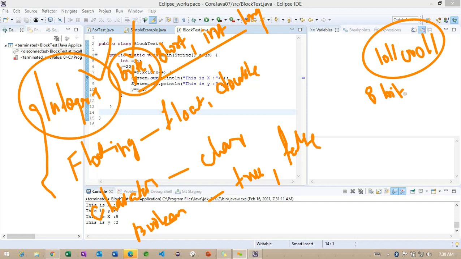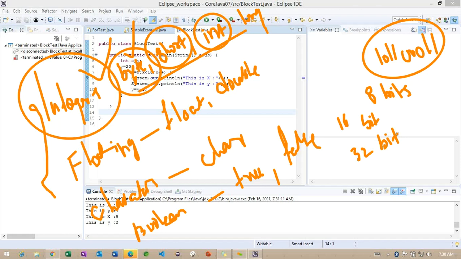Getting the point. Same way, the short is going to take a little bit more, something called 16-bit here. And the integer, this particular int, is going to take something called 32-bit.